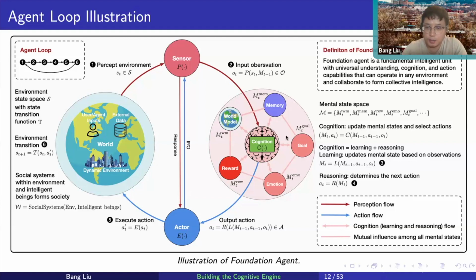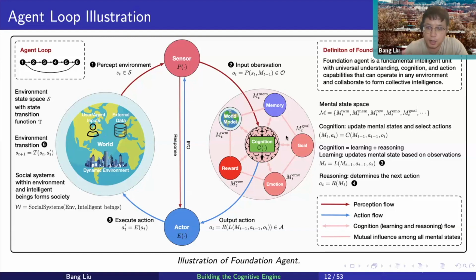We define learning as updating the mental state from M_{t-1} to M_t based on action A_{t-1} and O_t. So if you consider it, it means based on your last mental state and your newly observed experience, because experience includes your past action and your new observation, right? And this helps you to update the mental state. Then, based on the updated mental state, we reason about what actions to take. So reasoning is more about your current decision making, to decide what actions to take based on the current context. So it's based on M_t, and you produce A_t.